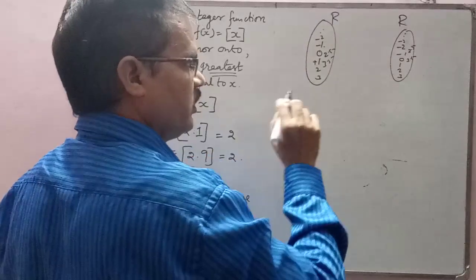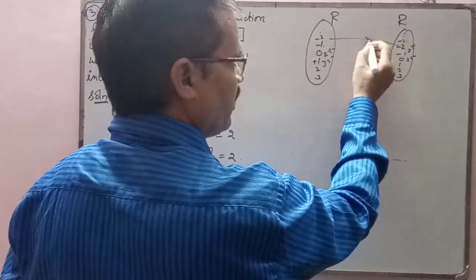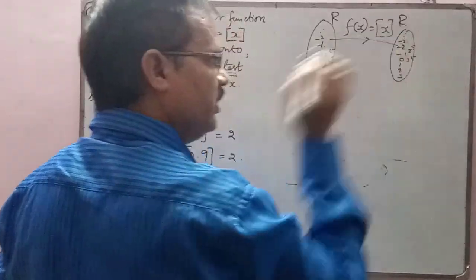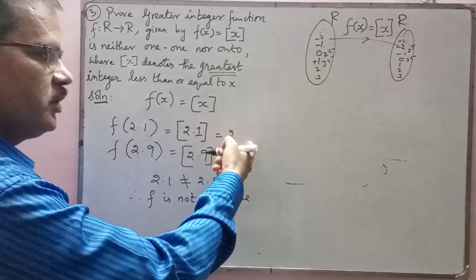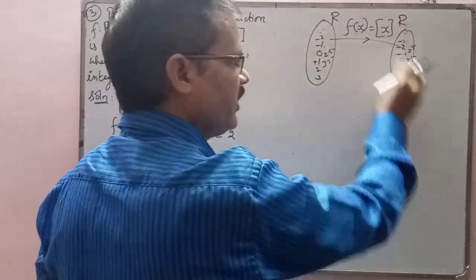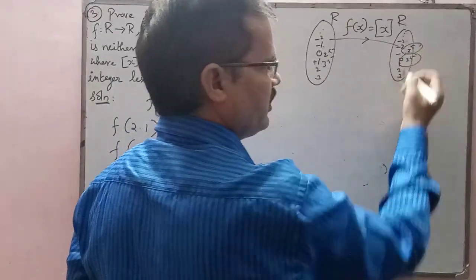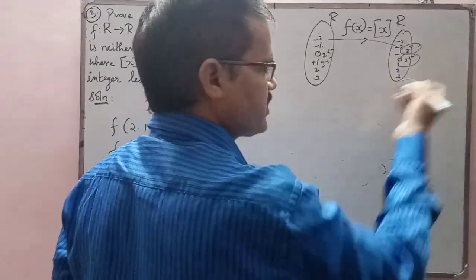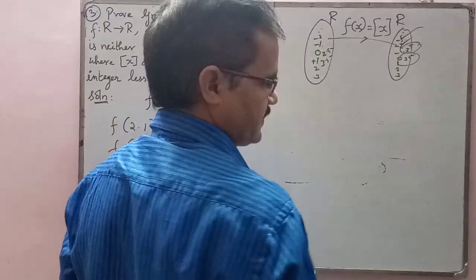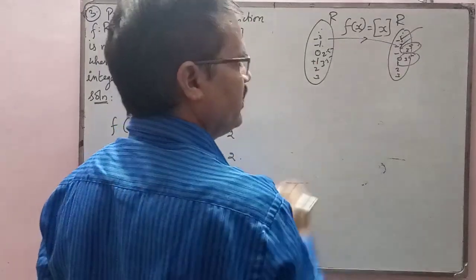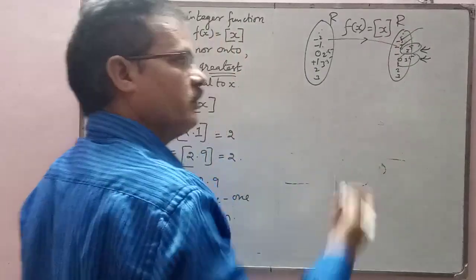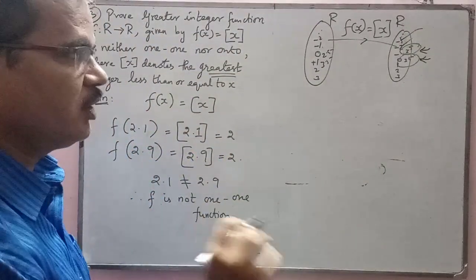Now whatever input you give, whatever the domain element, you will get an integer as output, because the function is the greatest integer function. It will convert everything to an integer. For example 2.1 is converted to 2, 2.9 is converted to 2, so whatever be the input given, it will map only to the integers. Sir, what about decimal numbers, rational values, irrational numbers? There is no mapping. It maps only to the integers. So there are elements which are left behind. Extra elements are there, so we know it is not an onto function.